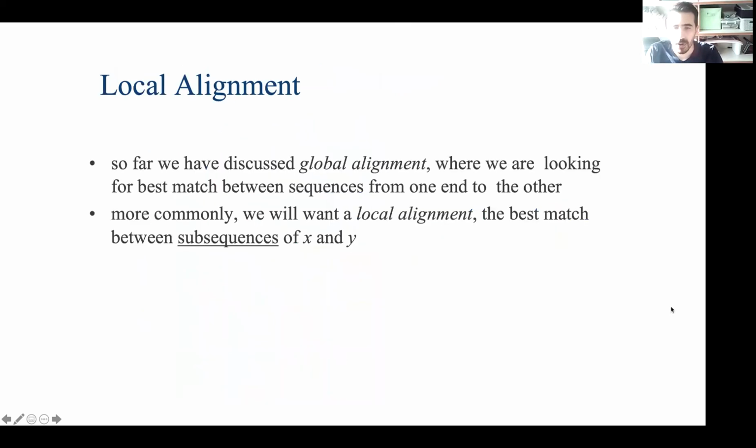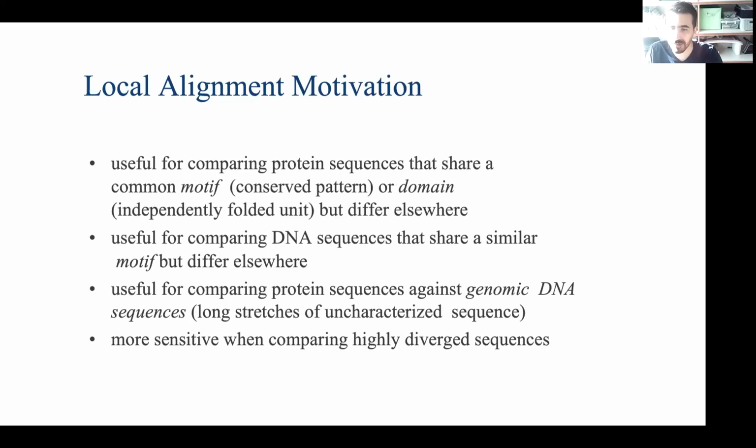Okay. So I would like to cover local alignment too before the break, I guess. So this was the global alignment so far, okay? Now we have to talk about the local alignment. And again, we can apply a very similar strategy. And how do we do that? So the aim here is to find some sort of a subunit of a protein that is aligned with the other one. So why is it necessary?